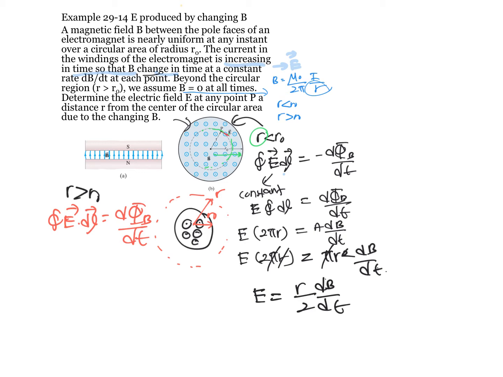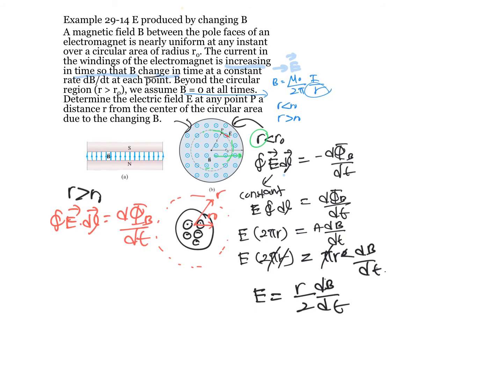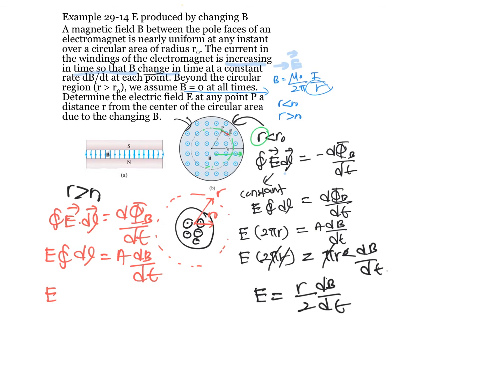Okay, so you're going to get E integral of dl, same as before, A dB over dt. Here the integral of dl gives you L, and the only area that has a change of magnetic field is going to be pi R naught square. Please remember that